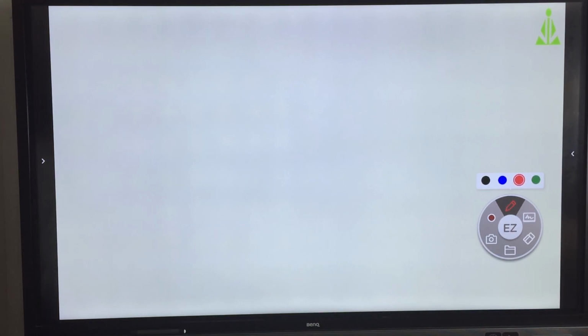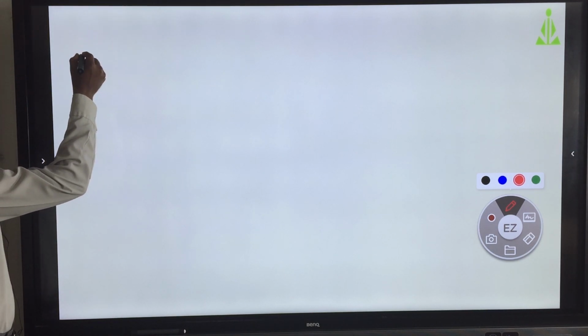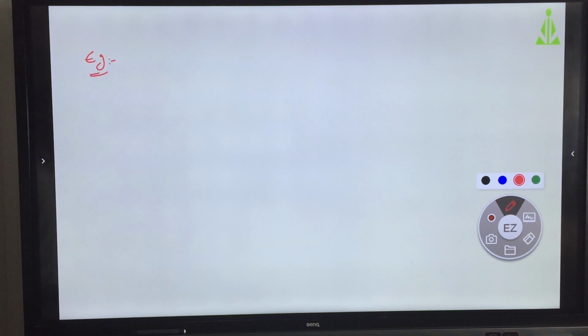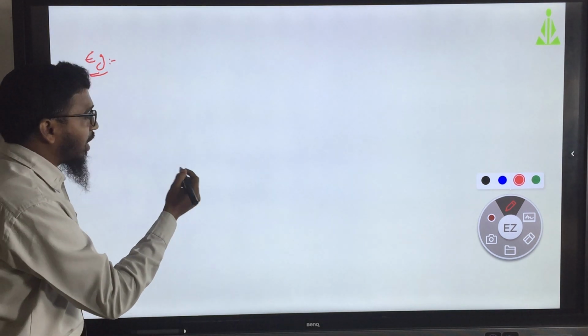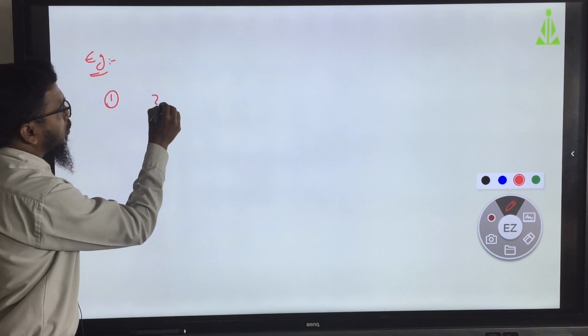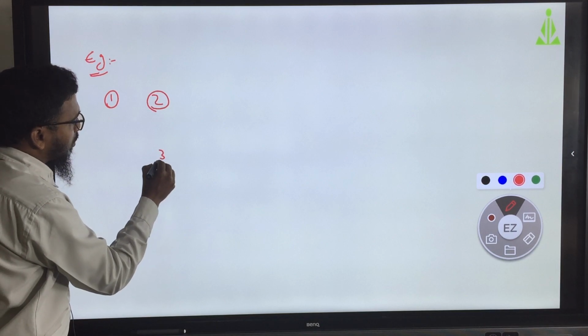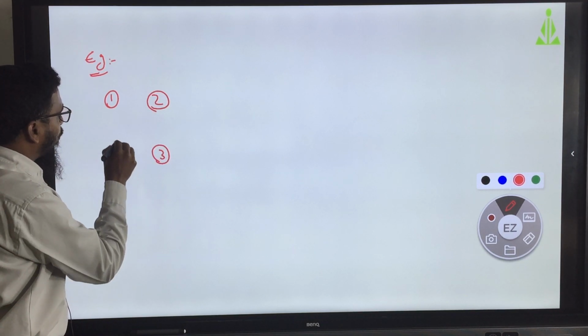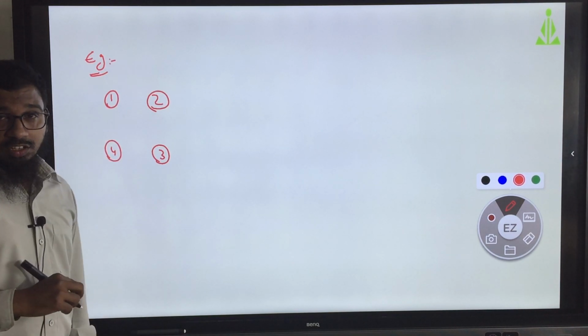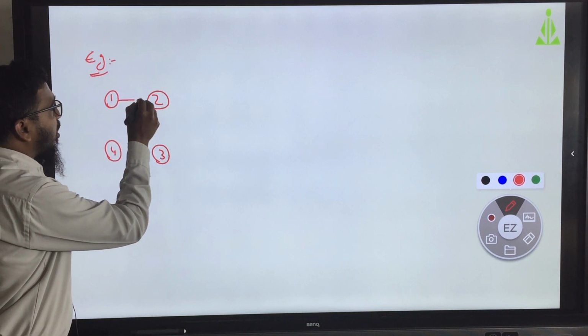I am going to take the chromatic number of RGB, as I showed you in the first slide: 1, 2, 3, 4. So, here the 4 are vertices, and all are connected.